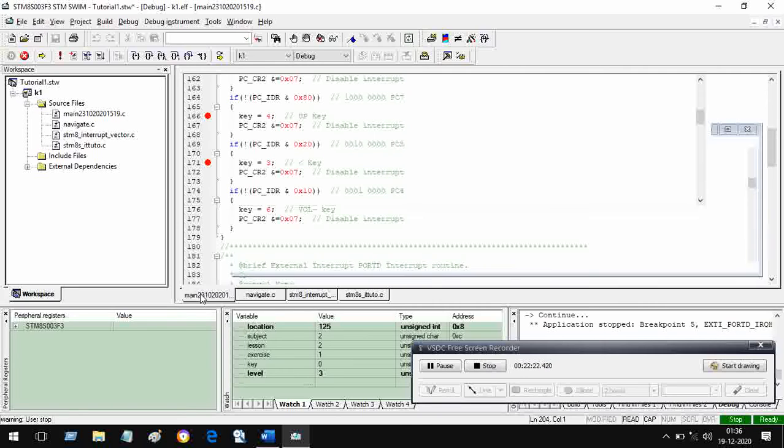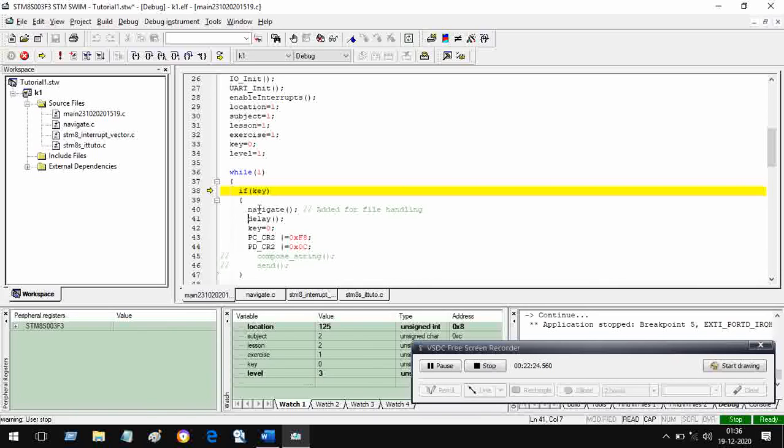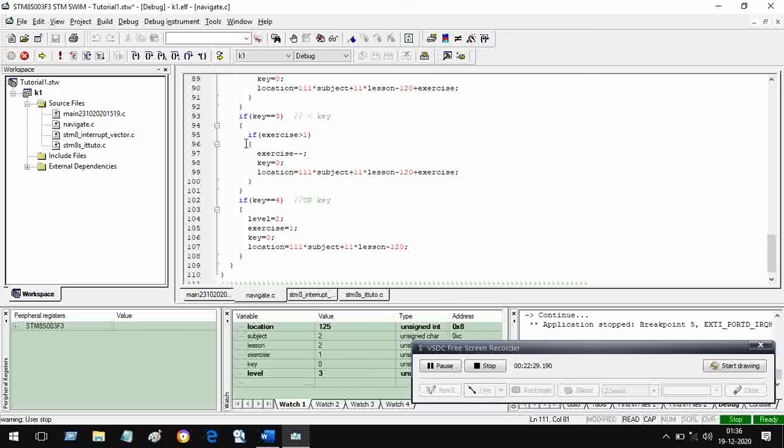And in the main, what we have done? We had done navigate, which we have seen earlier. Let us have a look at this. So if key, this you have seen in the previous lecture. So it calculates the address of the selected lesson, selected subject, and selected exercise.